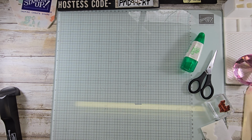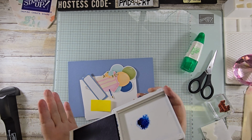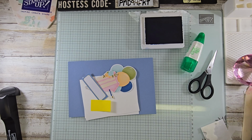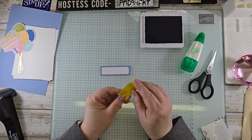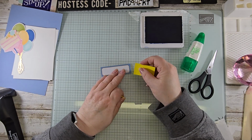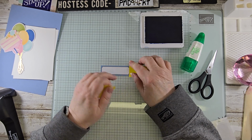All right, so this one is similar to, remember I told you I was recreating the video from Thursday. That old video, I think it's like 4 years old or something, where I cut out DSP, Designer Series Paper, in case you don't know, for that. So, the first thing I'm going to do so I can get this ink out of the way is, this is another one of those banners, and the sentiment I'm using has long strings on it, and I don't want them to be on there. So, I am going to cover them like so,